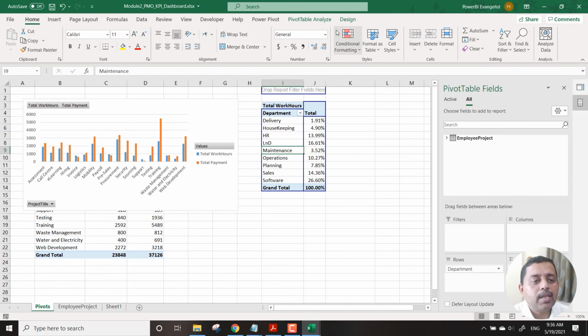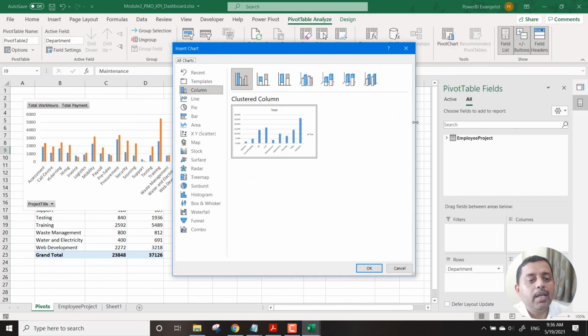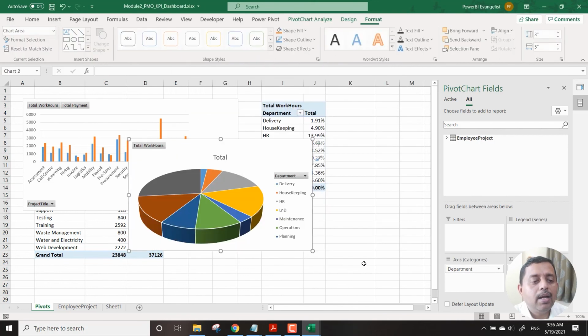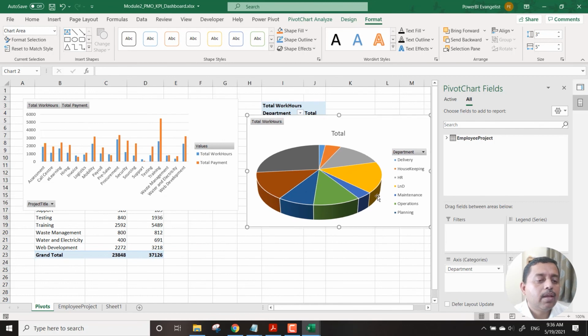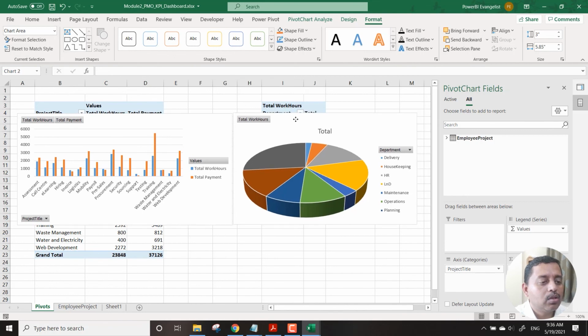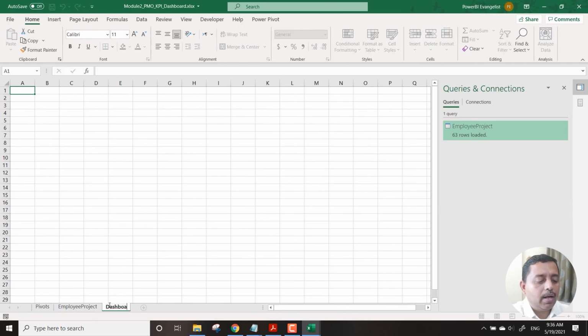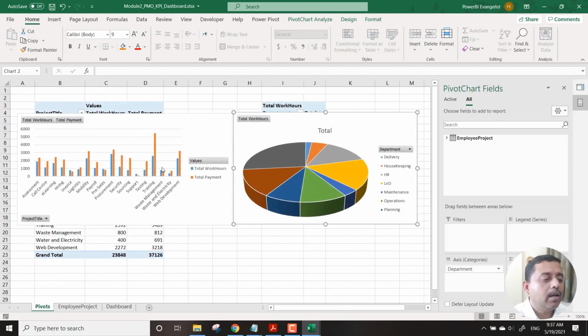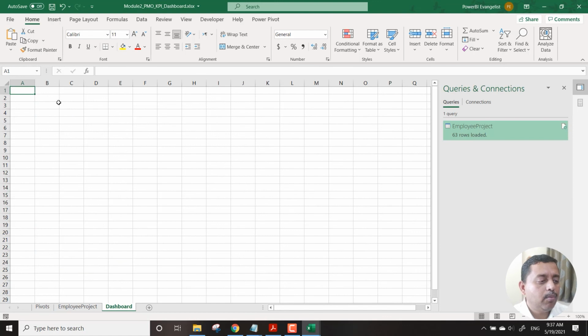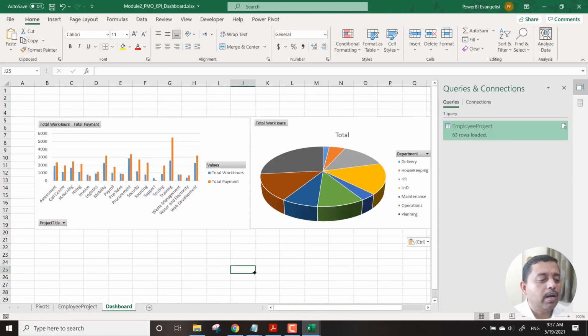Same goes here, but this time, because it's percentage data, I would like to take it up as a pie chart and I would like to see it like this. So you can see back to back, there are two charts that we have prepared from this particular data. One belongs to this section and one belongs to this section. Now what we usually do is go to this option and take a sheet, copy both of them, cut them and put them into a dashboard format like this.